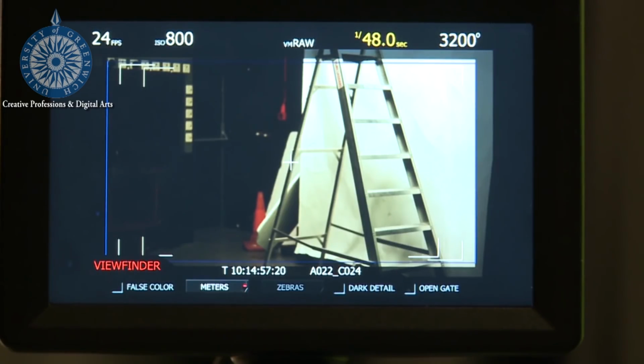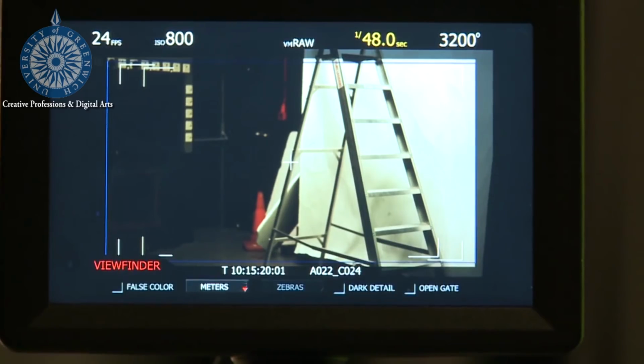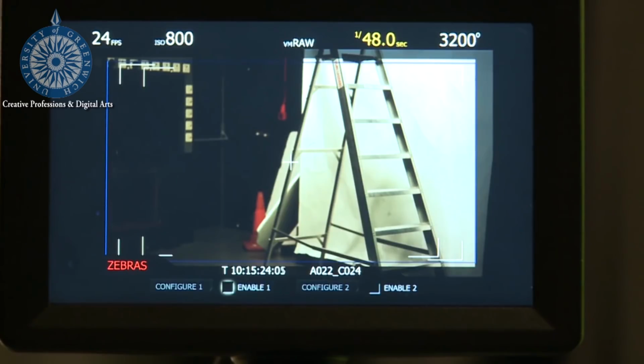Let's come to viewfinder though and go down in viewfinder. Very useful to have meters enabled, because with meters we have the nice assists to tell us when we're overexposing. It's like the histograms. If I turn those off, these disappear and it's guesswork. So I always leave these enabled. Without it, you don't know what you're doing. You can configure